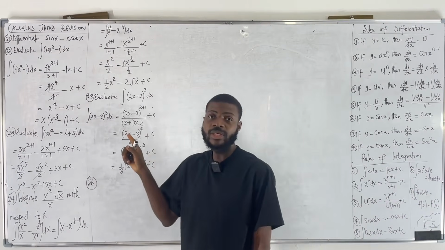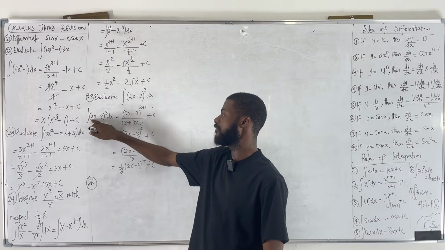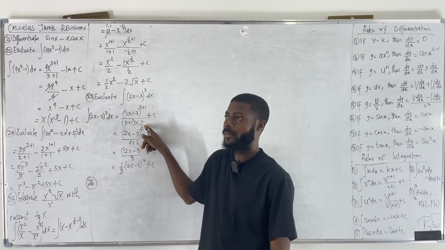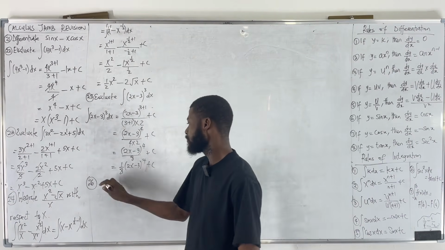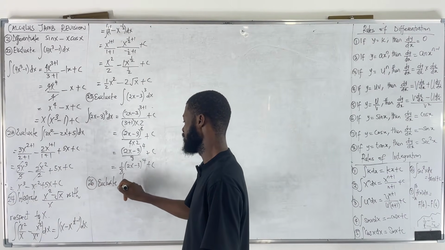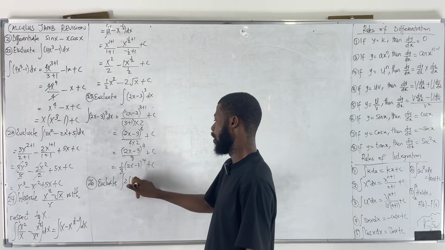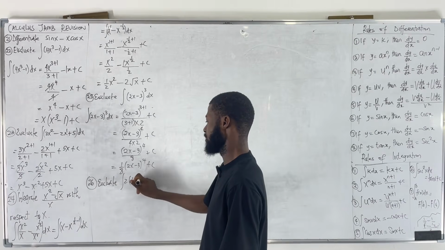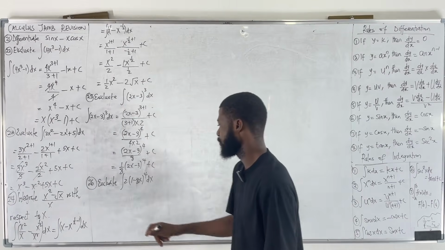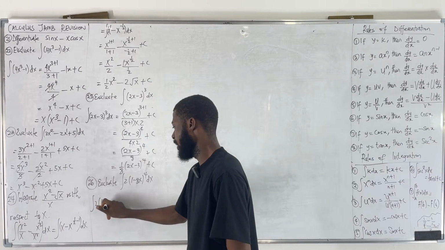Okay. Take note. You only apply this when, if you differentiate this guy here, you get just a number. I don't think JAMB will ask more than that. So evaluate the integral of, let's say we have 2 brackets 1 minus 3x to the power of 4 dx, something like this, just an illustration. So first of all, we have the integral of 2 brackets 1 minus 3x to the